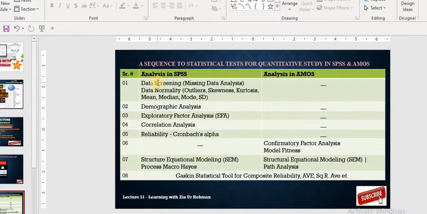Scholars, this is a sequence of statistical tests. The first one is the data screening test, in which you can analyze the missing data. If there is missing data, then there is a treatment for the missing data. If there is no missing data, then you need to proceed for further tests. Then there is a data normality test, in which you can check the outliers, skewness, kurtosis, mean, median, mode and standard deviation. And after checking the data normality, you can test the